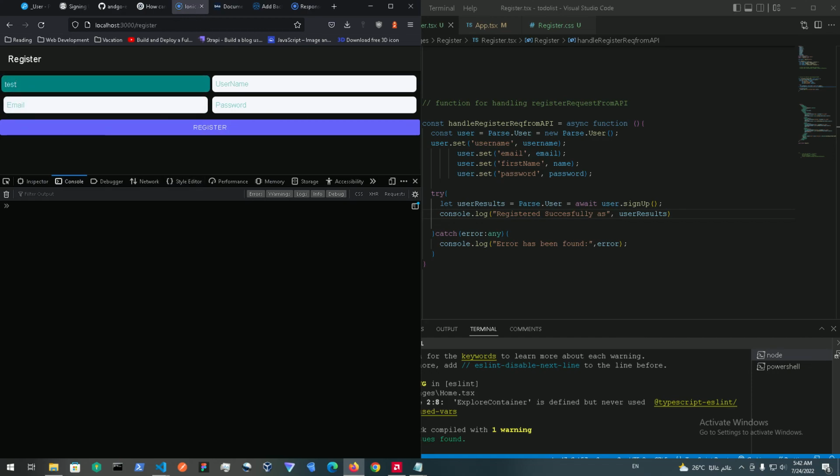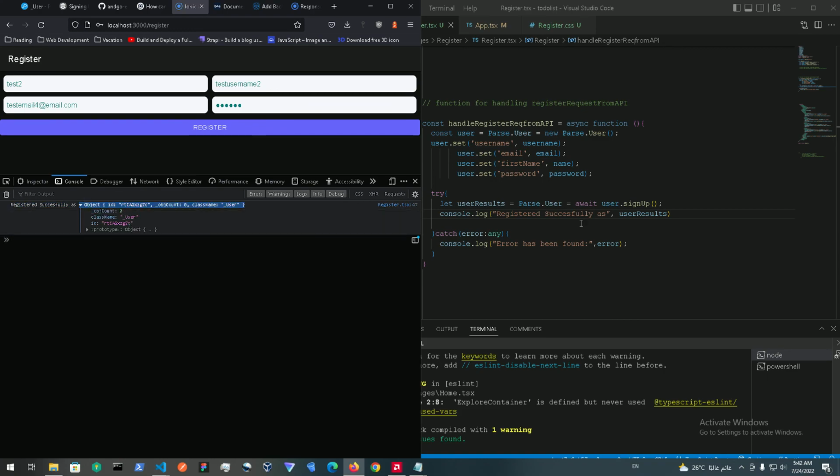Alright, let me just test that. Test 2, username 2, test email 4 at email.com, for example. 1, 2, 3, 4, 5, 6. So basically, yeah, we just registered successfully as, and it just got the object itself. And there is a method as well that we could filter the results and like show a pop-up message. But I'm gonna show you guys that in the login section of this